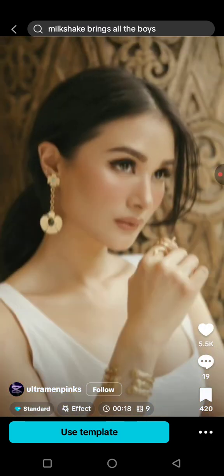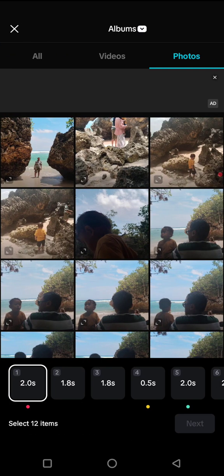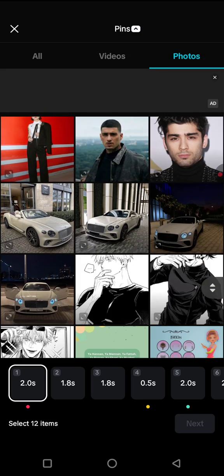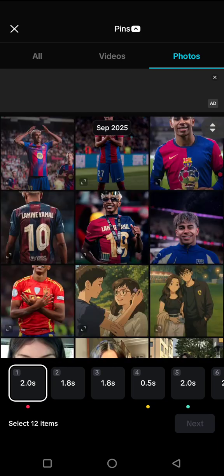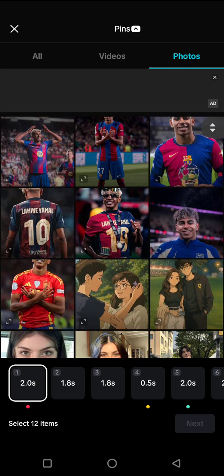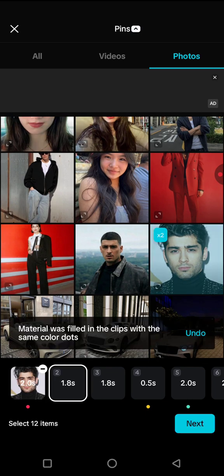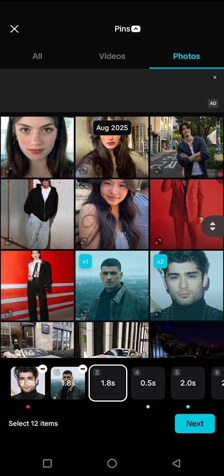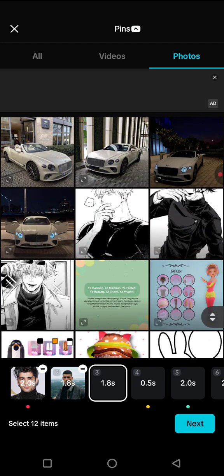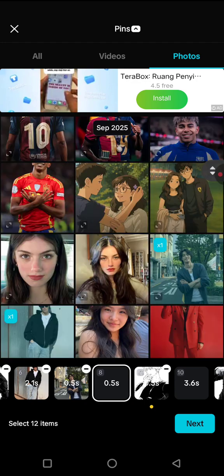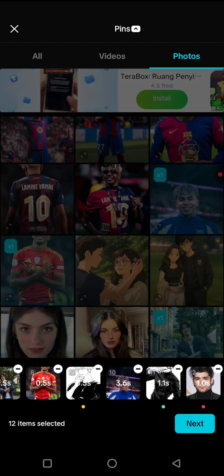Now you can just tap on use template and add your photos. So for example, I'm going to add random photos right here to fill in the template. Now tap on next,